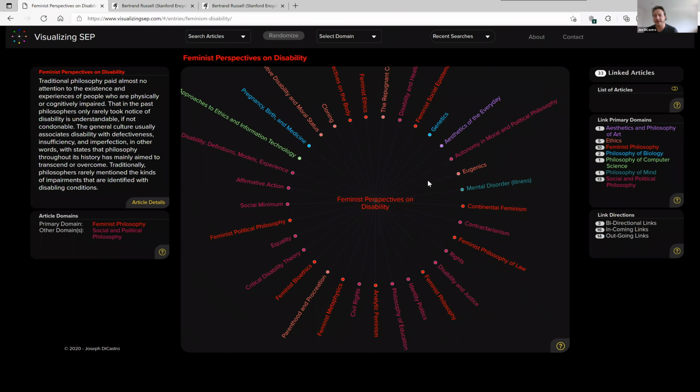Now, there's an intuition that a bi-directional link might have stronger weight, that not only does article A link to article B, but article B also links back to article A. So there is a certain default intuition that there might be a stronger relationship between those two articles. It's not necessarily the case, because there are going to be different editors and different people on the board at different times and different authors. So it's not something that you can say is a canonical example of relationships,